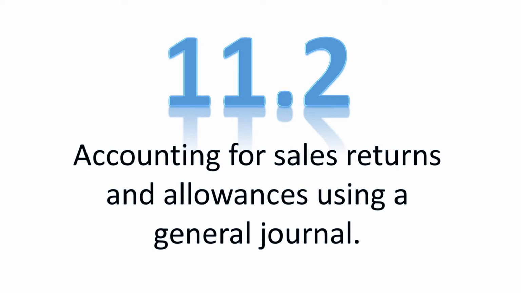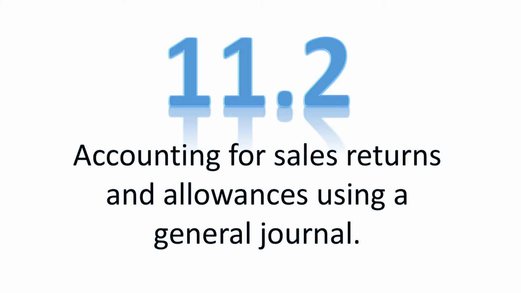Chapter 11.2, Accounting for Sales Returns and Allowances Using a General Journal. So in this lesson, we're going to talk about what happens when people return stuff to us that we originally sold on account, as well as what happens if we accidentally debit the wrong accounts receivable account and have to